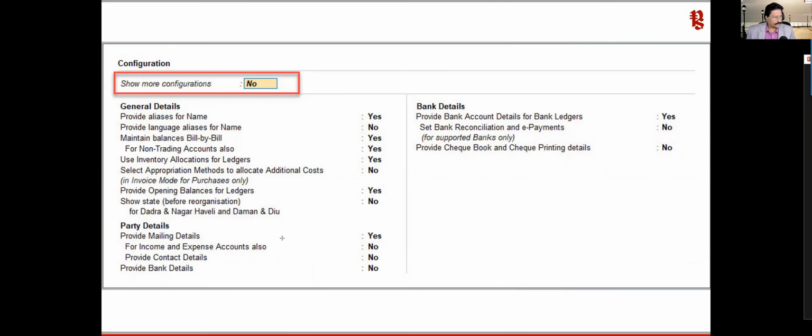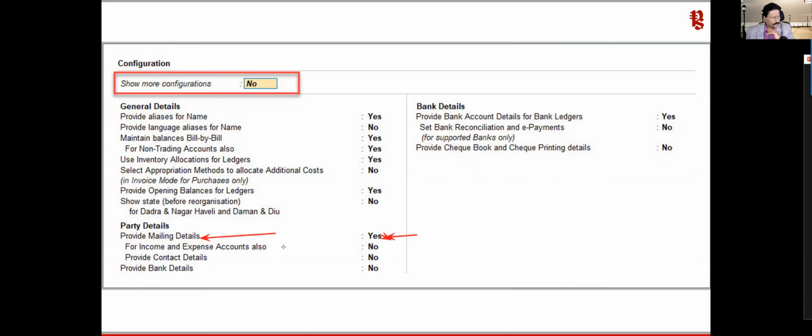If you see here, it is asking you to provide detail for the party account. So we made this as yes, and we are getting the detail where you can capture all the information related to the party, state, country, and all those things.